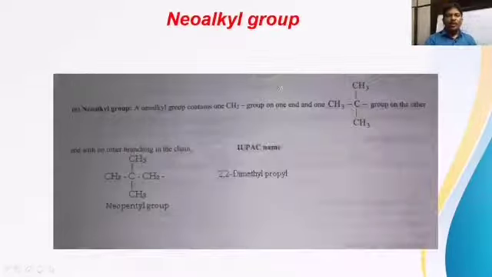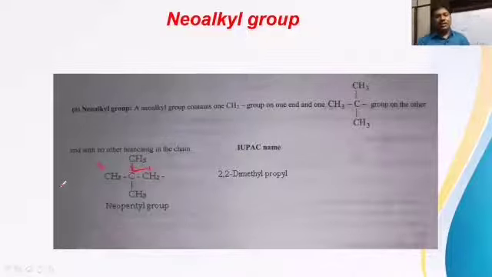Next, neo-alkyl group. We discussed normal alkyl, N-alkyl, and isoalkyl. Now it is neo-alkyl group. Neo-alkyl group, when we say, you check this molecule, this species. So it is obtained from one molecule, and here free bond is available on this carbon. So this carbon should be allotted what? First position. It is first carbon, and it is second carbon, and it is third carbon. So totally 3 carbons are there here.